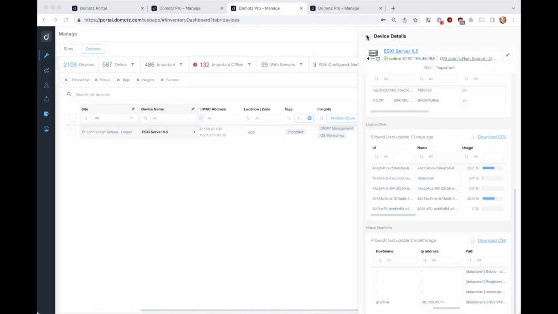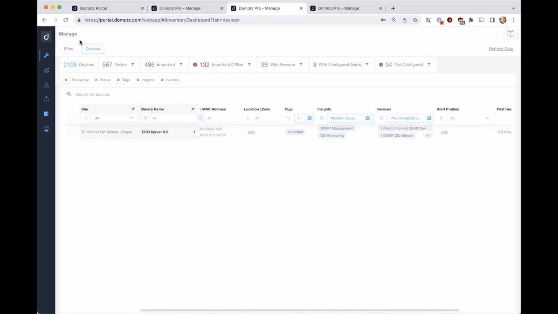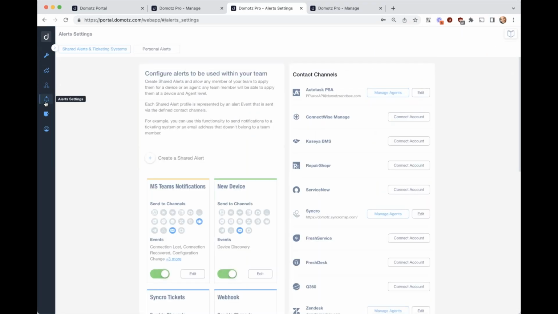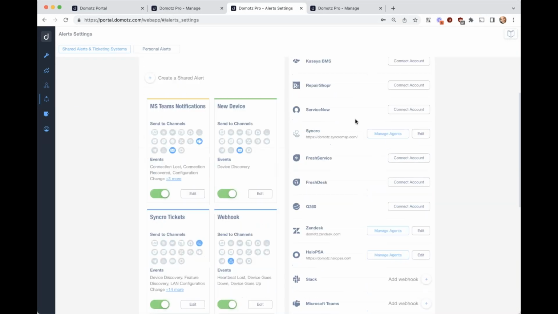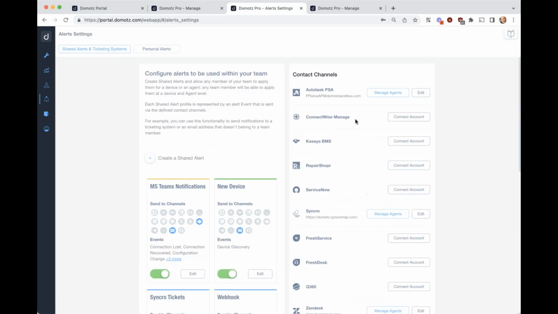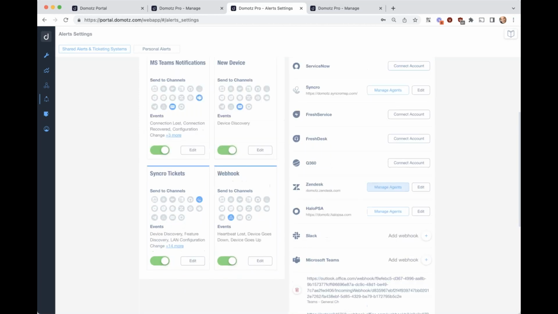Okay, now let's start discussing alerting. Let's go to the alerting settings. When you land in the alert settings across all the sites, you will be able to connect, and we'll discuss this a little more later today, your own PSA platform or ticketing system to your account, but more importantly, you will be able to connect other